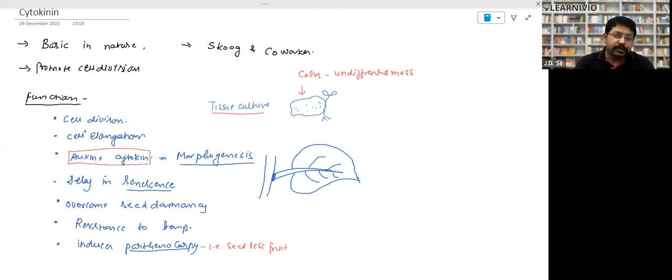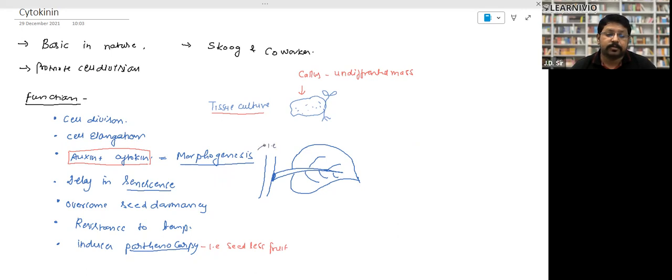So what is the function? Cell division, cell elongation. Auxin plus cytokinin causes morphogenesis. What is morphogenesis? Tell me, guys, what is morphogenesis? Morphogenesis means